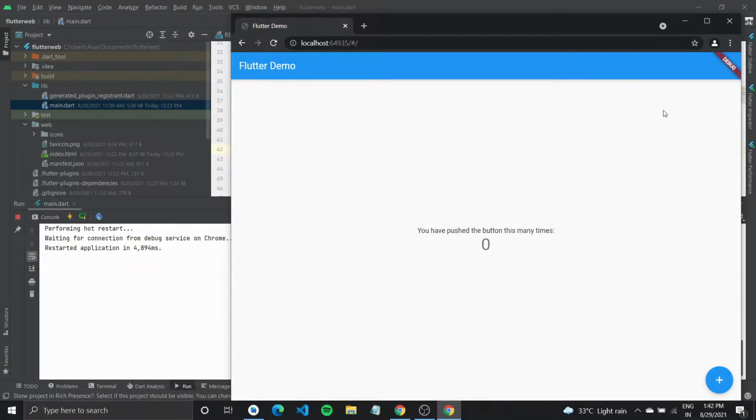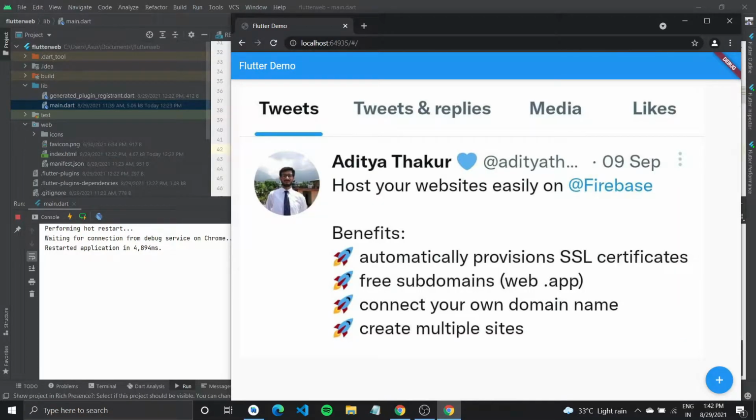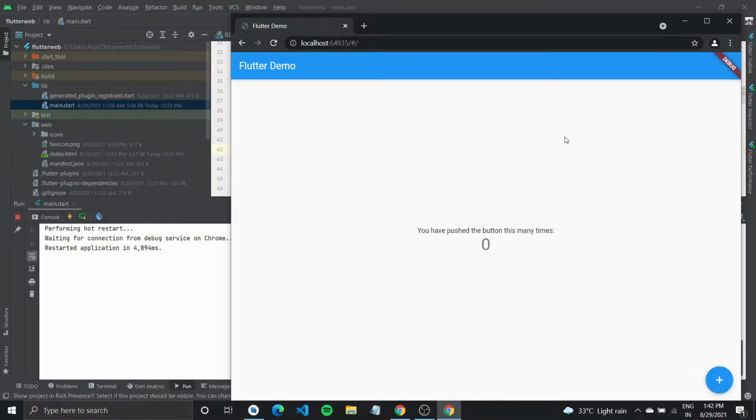After you have successfully added Firebase, what I'll show you is how to put up this website for free on Firebase hosting. One of the benefits of using Firebase hosting is the free SSL certification. So your website is secure, the browser would trust it. If you send the link to your Flutter website to someone, the browser wouldn't show a security risk, and that is an added benefit of using Firebase hosting. So let's get started with it.